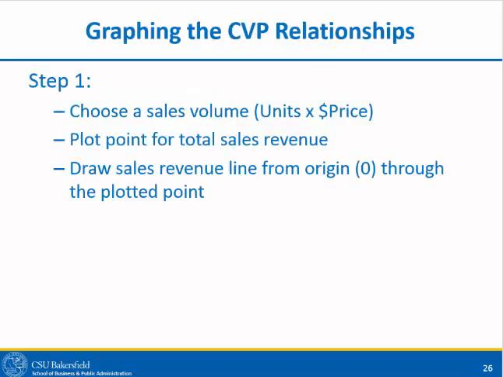So the next issue is a little bit simple here. It's about how to graph the CVP relationships. Normally I'm not going to ask you to graph CVP during the exams, but this is a very important thing that you better know. For example, when you have later